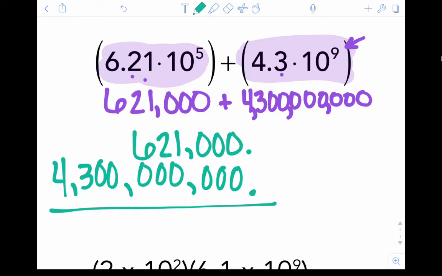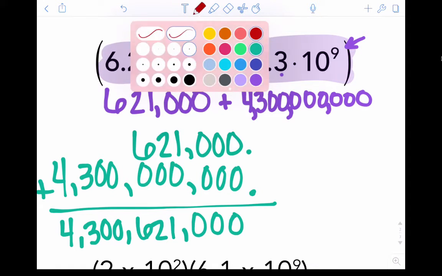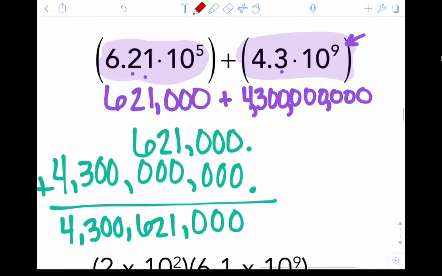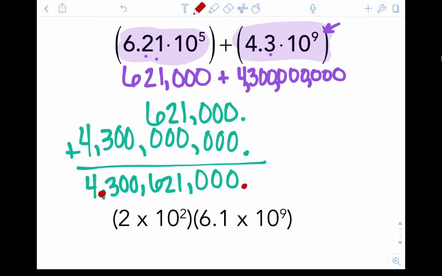And now I can add this. So this is 4,300,621,000. And now my final step is to rewrite this in scientific notation. So if my decimal is right here, I need to figure out where that decimal needs to go in order to make this number between 1 and 10. Well, it's going to go after that first whole counting number. So it's going to go between the 4 and the 3. So this is going to be